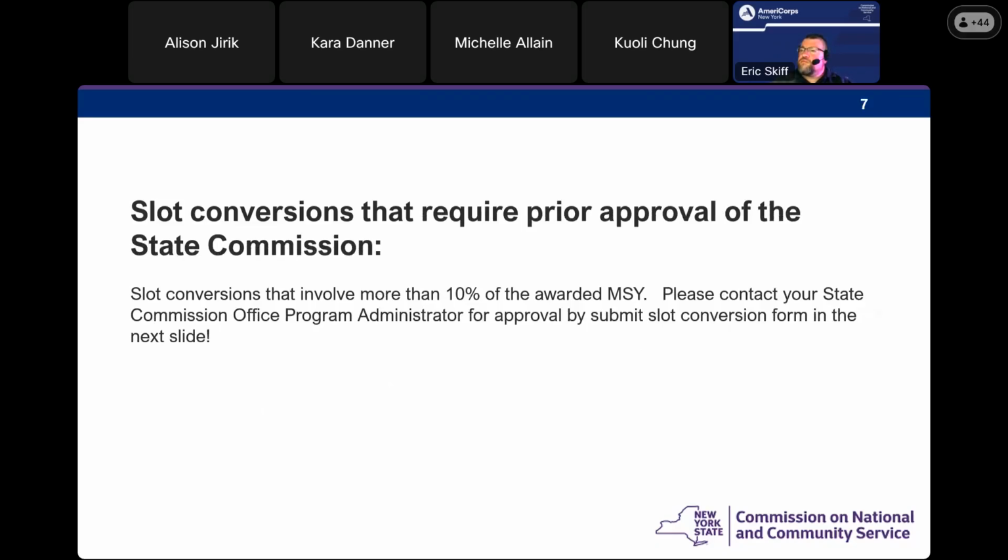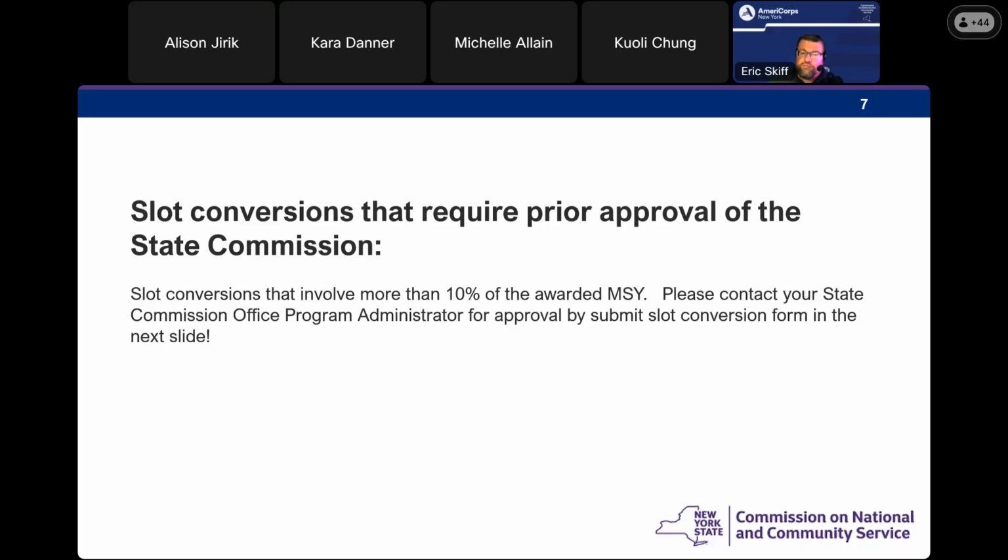I just want to clarify that the changes accumulate throughout a single program year. So within a single program year, if I have 10 MSY and I converted 1 MSY, I don't need approval for that. However, if I need to convert a second 1 MSY slot, then I want to reach out to my program administrator to keep them posted, for example. But like I said, I don't recall scenarios where we ever say no to it, as long as the program has the justification that it is needed. It's more or less just to keep us posted so we can do a better job knowing our programs at the same time.